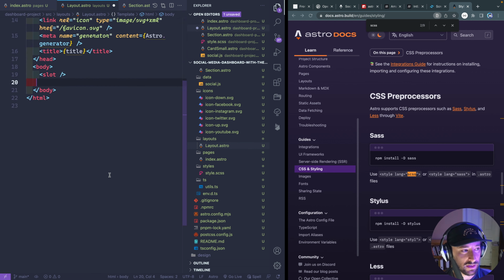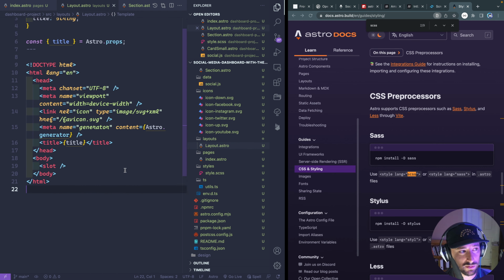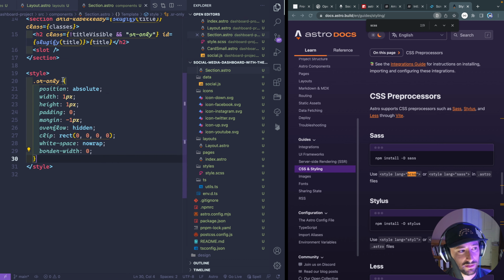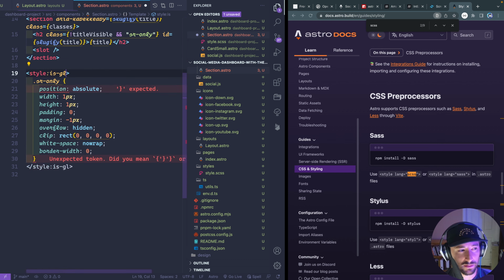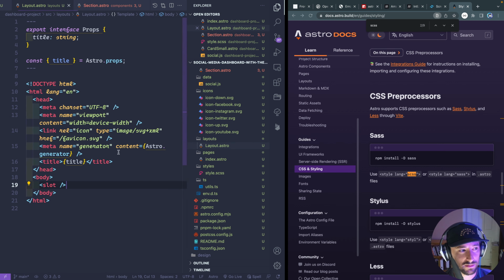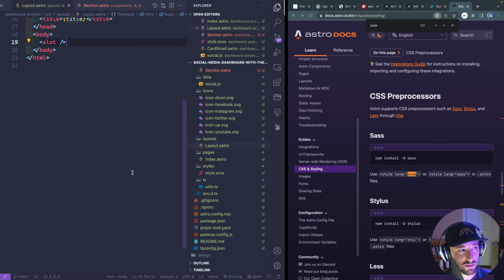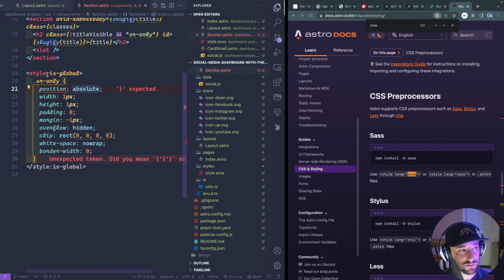Now I could write all my styles directly in this file, but I want to show you how you can import them. So you can do it like that, and as long as you use that is:global selector, you know what? That's what we should do on our section. So over here, we can just say is:global. Okay, so if we do this,